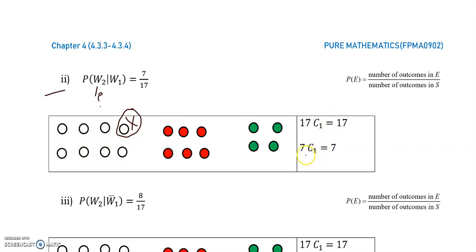So that is 7C1: from these 7 balls, I select one white ball. That is the required event, the second ball is white. Now 7C1 is equal to 7. You can use a calculator to calculate this. It's very, very important. 7C1 is equal to 7. So you write 7 in the numerator, divided by 17. How are we getting 17? After removing the first white ball, the total number of balls is 17. So 17C1 is equal to 17. This is in the denominator. So your answer is 7 by 17. This is the probability of W2 given W1. This is the conditional probability.